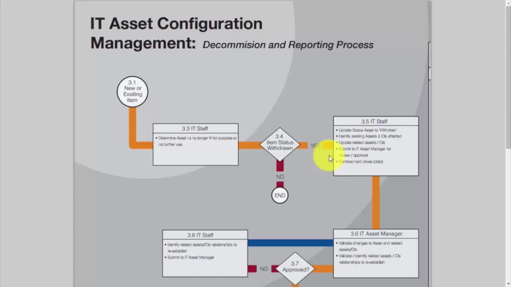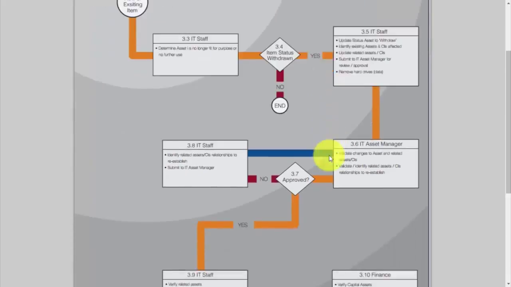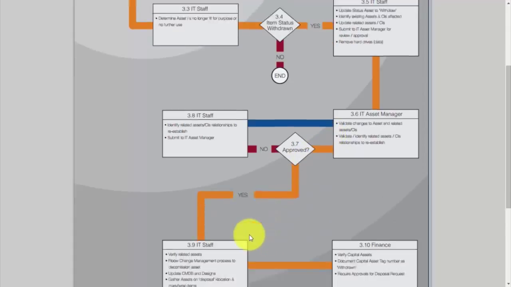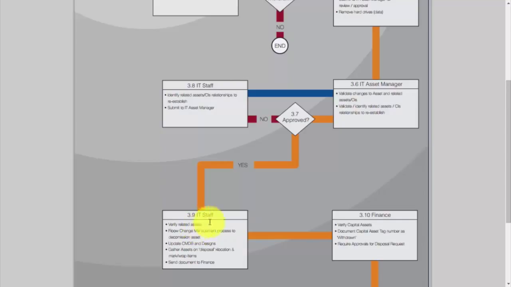Step 6 is the asset manager being responsible for validating changes to the assets and related assets and configuration items, validating and identifying any relationships that would potentially need to be established. And from there, sending an approval of the status change back to the IT staff, which is step 9. And the IT staff would then be responsible for verifying the related assets and for following the change management processes